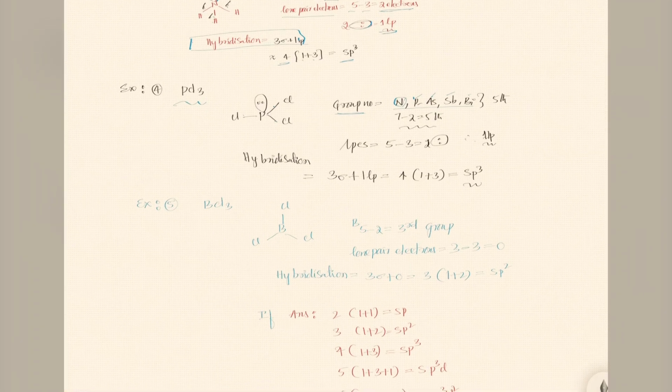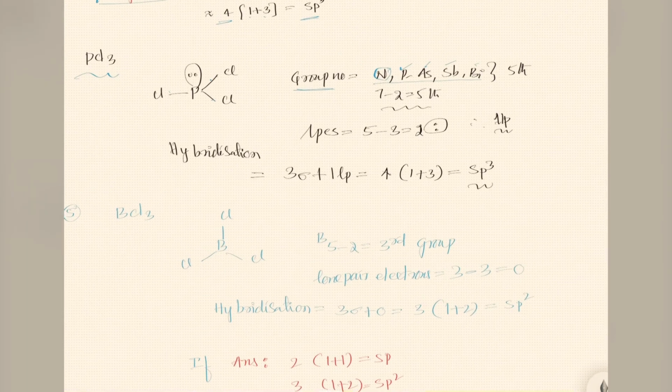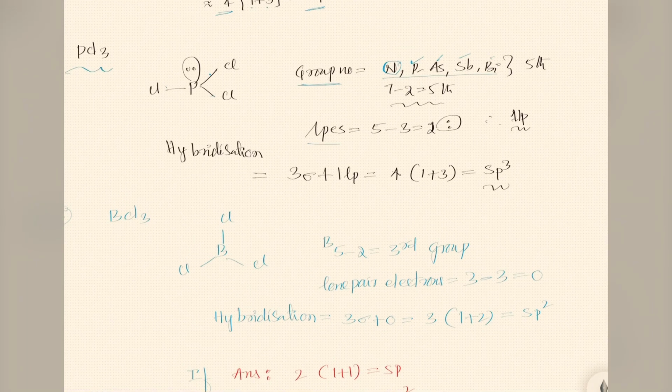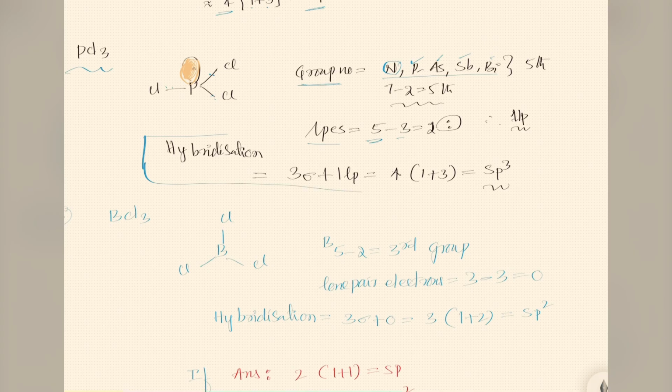Right? Now we'll see. Similarly, we'll find the lone pair electrons as for nitrogen. That is the group number 5 minus 3, that is, the number of bonds is 3. One lone pair is there. That one lone pair is on the phosphorus atom. Clear? This is the lone pair. Got it? Now we'll see the formula of hybridization here: number of sigma bonds plus lone pair of electrons. Total here also 3 plus 1, 4. Again we'll get here sp3 hybridization.